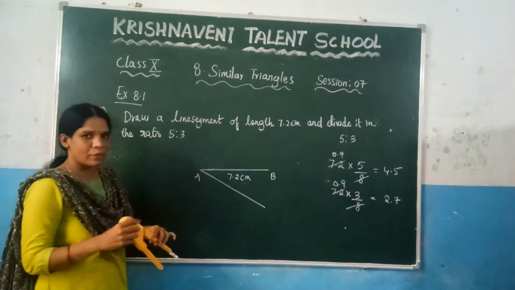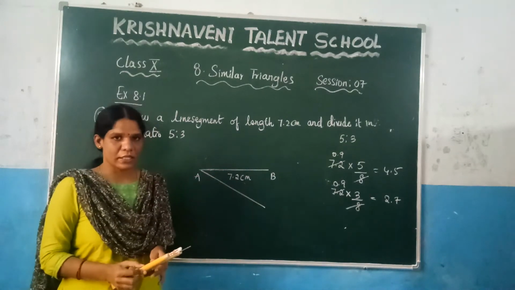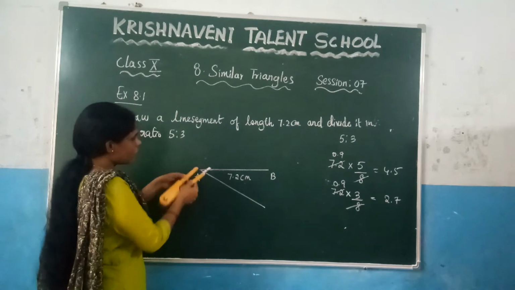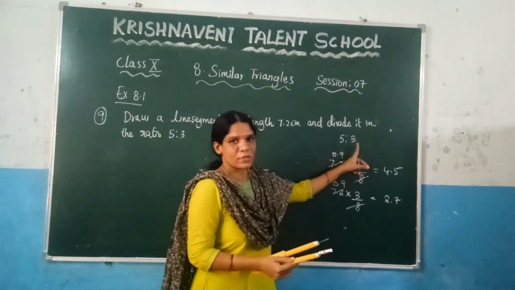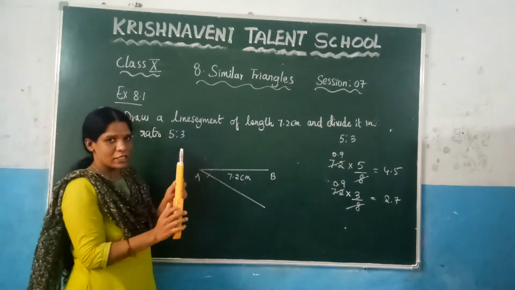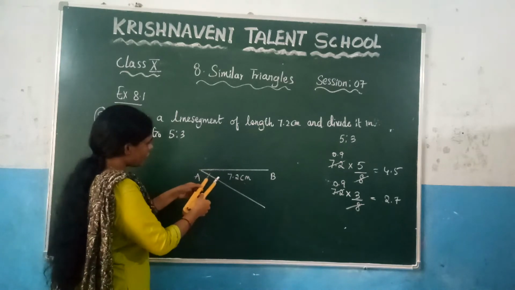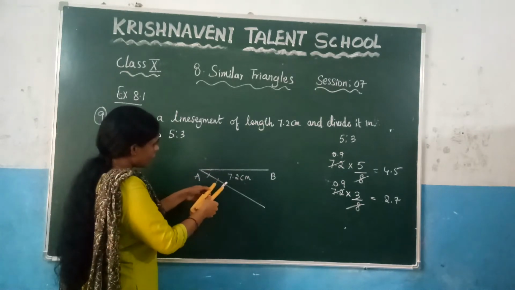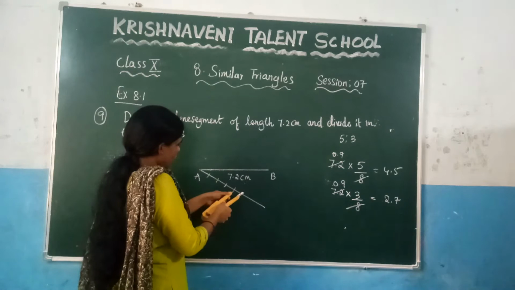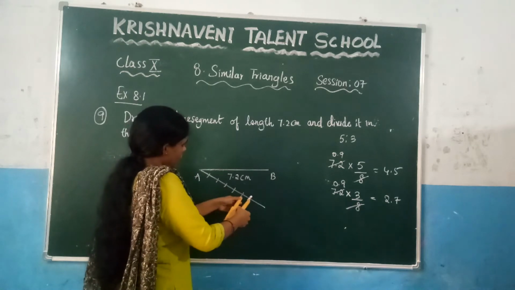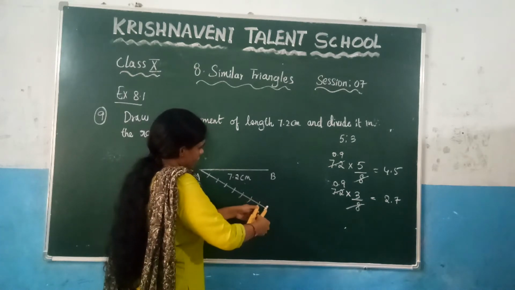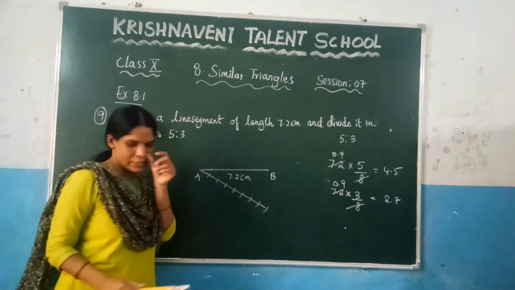At this point, take some radius. By your wish, you can take any radius here. Take some radius and here draw 8 arcs. Since the total parts is 5+3, which gives you 8, at this point you can make 8 arcs. This is one. You should not change the radius. Again at this point, make one more arc, 2, and similarly here 3, and after that 4, 5, 6, 7, and 8. Since we can extend this line